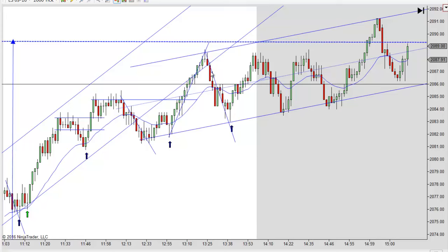And notice we start working back down. You get a first entry, pull back. It never triggers a second entry there, but when it turns down again, it hits that trend line and turns up and got a bullish reversal. I'd go long there